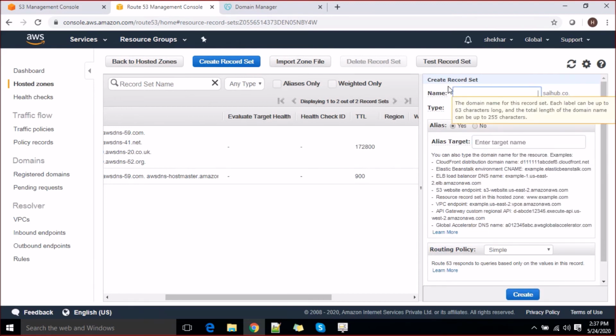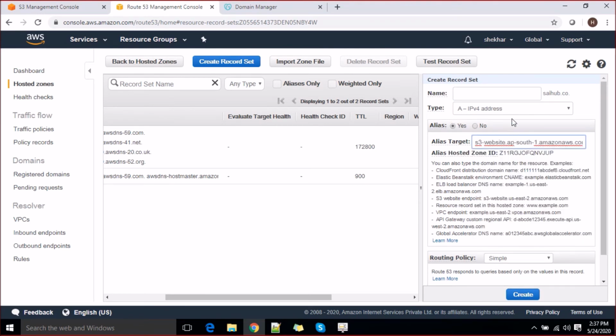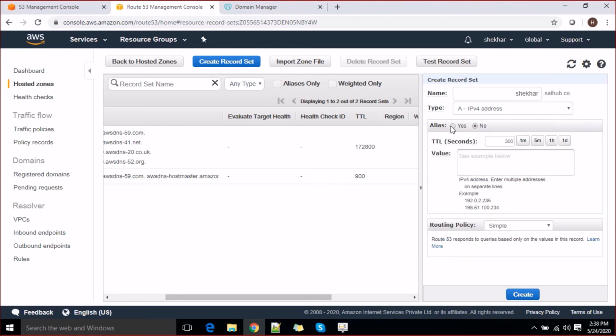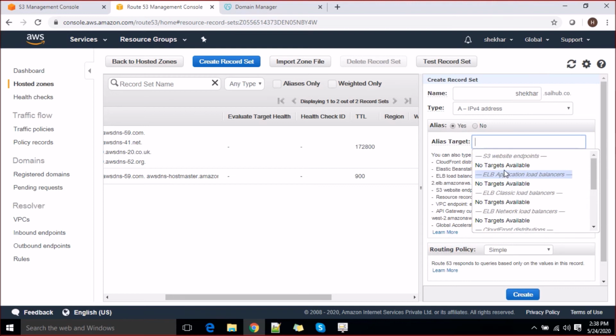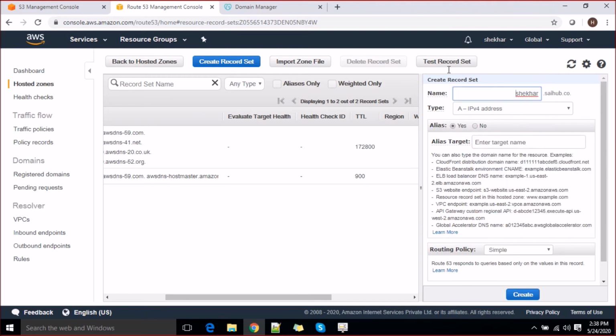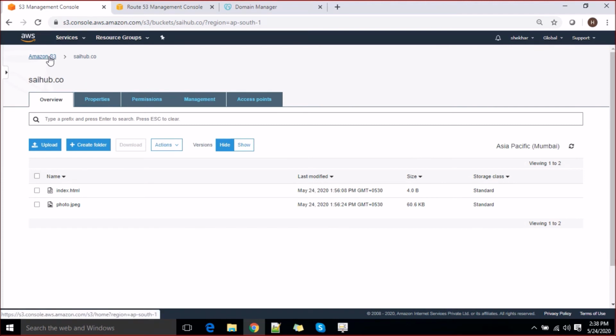Oh my god, I think I made one mistake there. Whatever the name of the bucket I give, it should be the same, and the name should be here with this additional domain name. That's why it is not coming here. But if I give any name here, you won't be able to see it now in the S3 section, right? So remember this, which I missed, sorry for this. I'll have to create another bucket here.